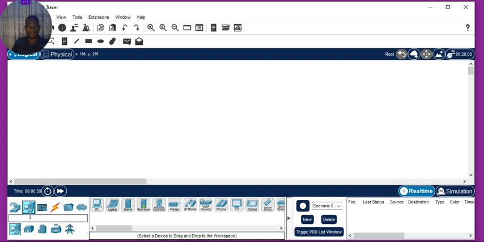So these are end devices, and end devices include PCs, laptops, servers, and other Cisco devices like tablets and all that. But we're focused on the end devices, PC and laptop. So you just click on PC. I will set five PCs. So one, and then you